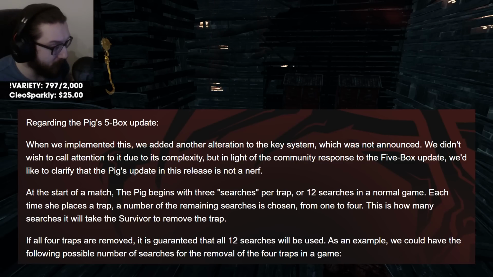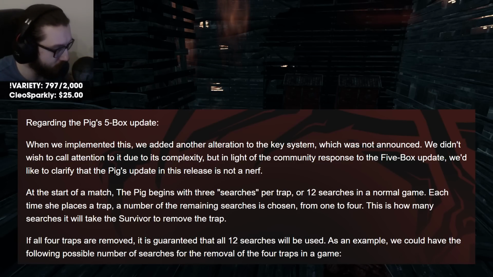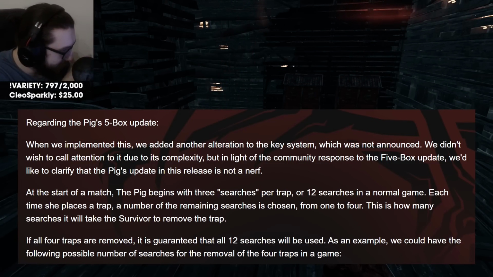So Amanda's letter will be 6 total searches have to happen. Regular pig, 12 searches have to happen. 6-box pig, 6, 12, 18 searches have to happen because 1 trap is worth 3 searches, and then those searches get added up. Regular pig, 3, 6, 9, 12. All those searches have to happen. So what I'm wondering again is